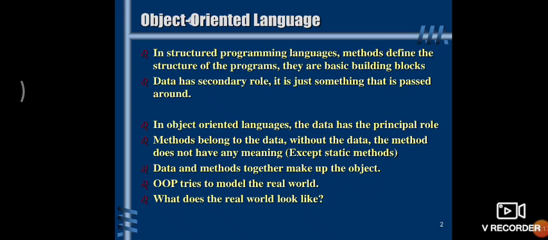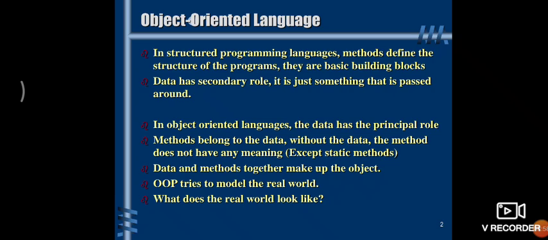Whatever data you are declaring, suppose you are creating a library management system. You have several modules there. You create another module for the warehousing of books. You create another module to purchase books, and how many books are in the storage system. You create another module for user login, how many books are being issued, how many are being returned. So different data types need different methods to be declared. So the object and data have a primary role in the object-oriented programming concept.